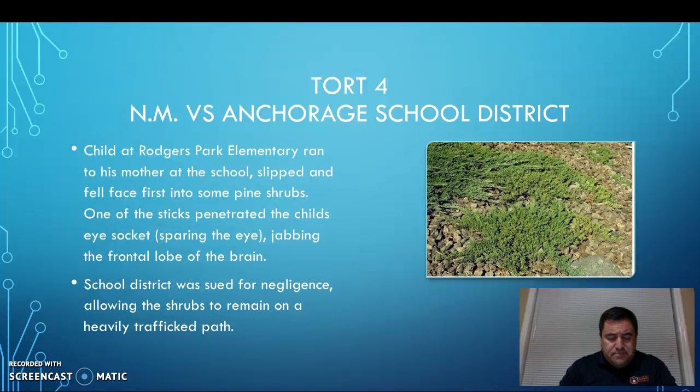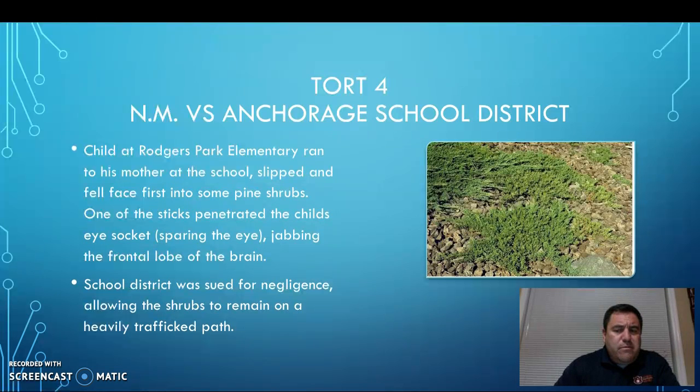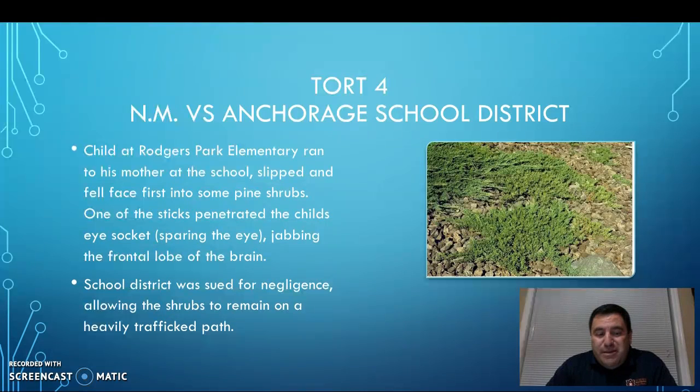Tort number 4. NM does not stand for New Mexico. NM is just an acronym or initials, from what I read, to protect the family and the child. Maybe the professor could dig deeper, maybe you know already, my apologies. They're all sad, but this one is also kind of hard to read.